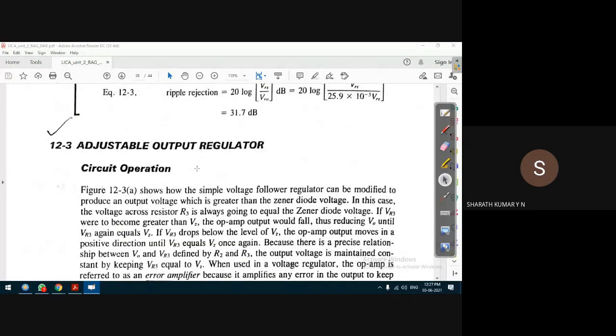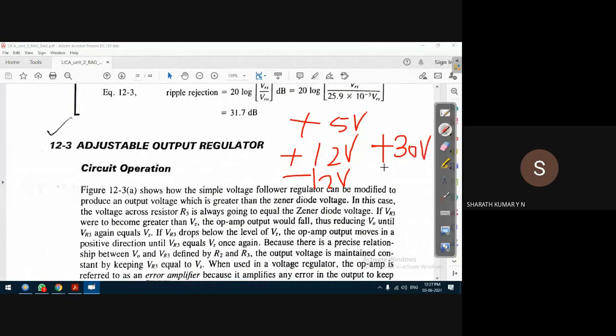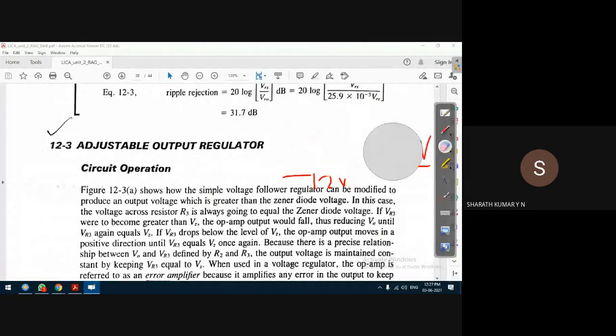Okay, so the next type of DC voltage regulator is the adjustable output regulator. That is, the output voltage can be adjusted because, as I said, in many applications we want, let us say, plus 5 volts for example, in microcontroller based applications, plus 12 volts DC. All these are DC volts, or minus 12 volts. Sometimes we require even plus 30 volts, depending on the application. For example, for a stepper motor or DC motor experiments, we require this kind of voltage range. How to obtain these variable voltages?